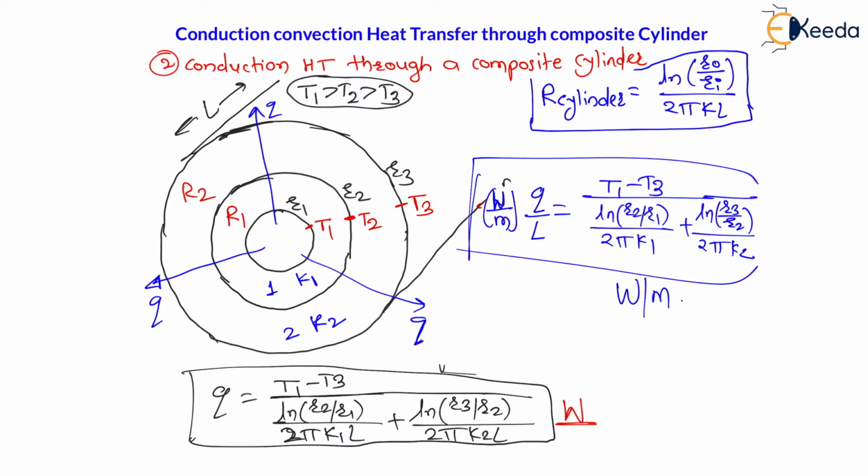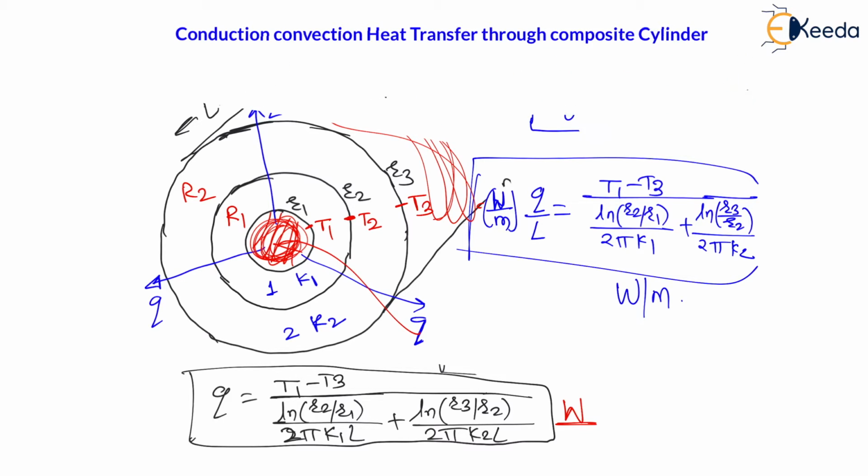Now, my dear students, after understanding the concept of conduction heat transfer through a composite cylinder, let us go to the next case, that is case 3, conduction convection heat transfer through a composite cylinder. For this case 3, here this inside surface is hollow. Therefore, for this surface, we are going to consider convection heat transfer, right? Here, inside convection heat transfer, and as well as the outside surface is exposed to the atmosphere. Therefore, for this outside surface, we are going to see the convection heat transfer to the outside.